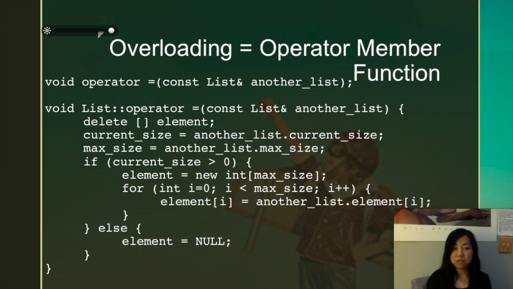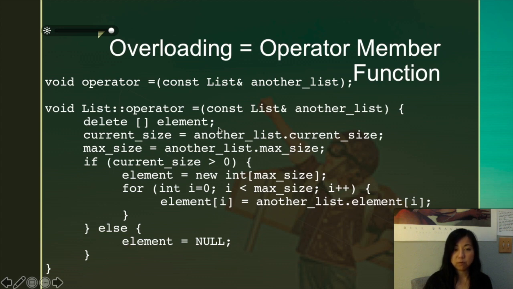If I want to say list B equals list A, and assign all the values in list A to list B, I need a way to copy every element into the array that's newly created for list B. And so if we overload the equal operator like we are seeing here,